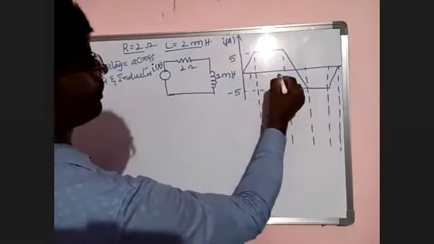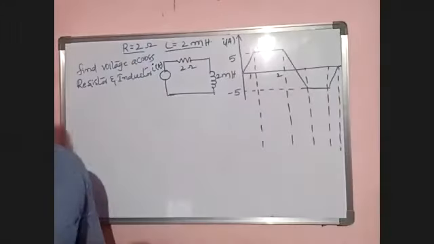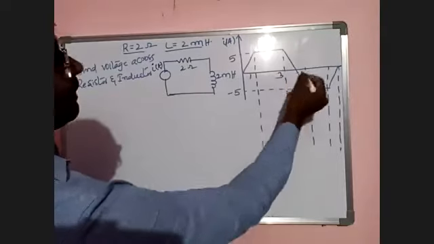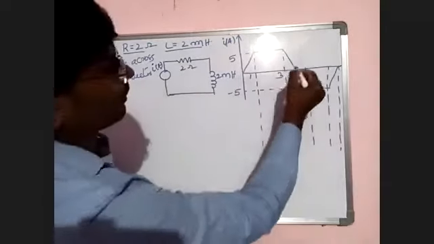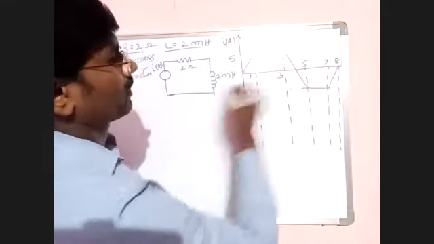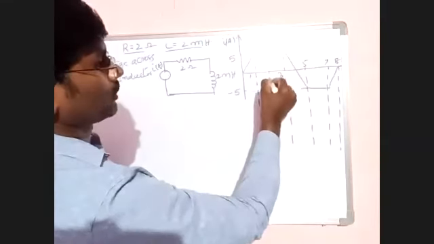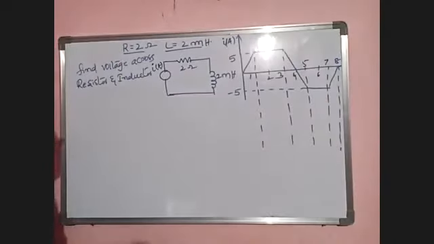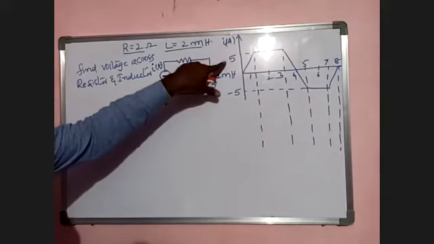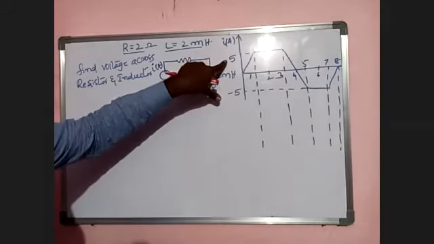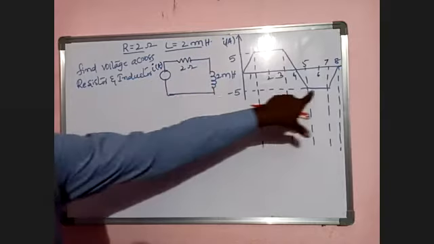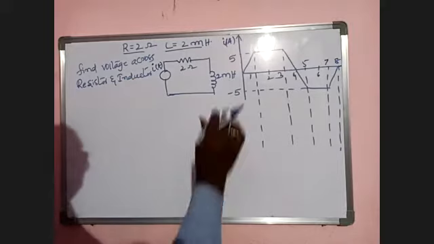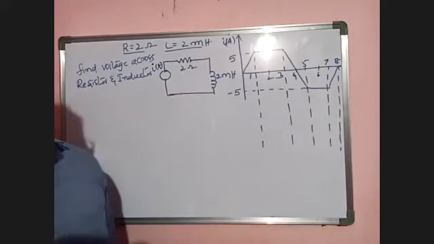The time points are 1, 2, 3, 5, 7, 8. It has 5 volts magnitude in positive and -5 in negative side. Okay. So if this is the given input for this RL series circuit,